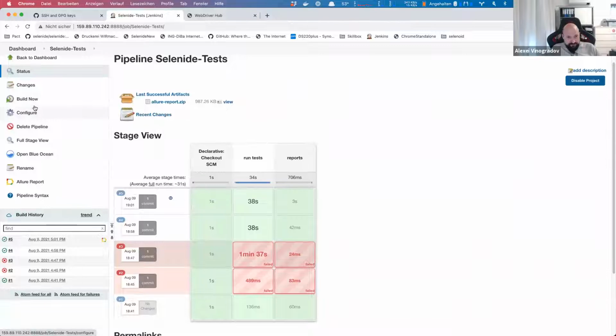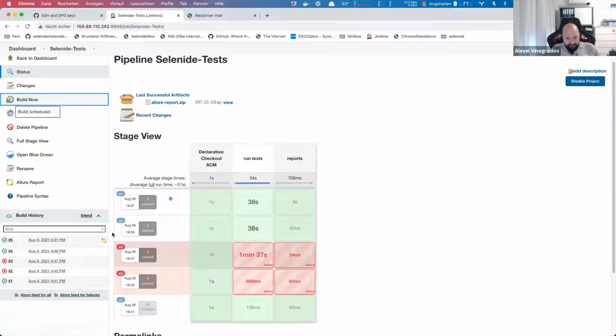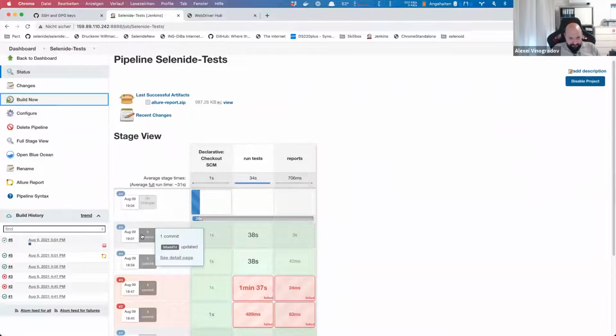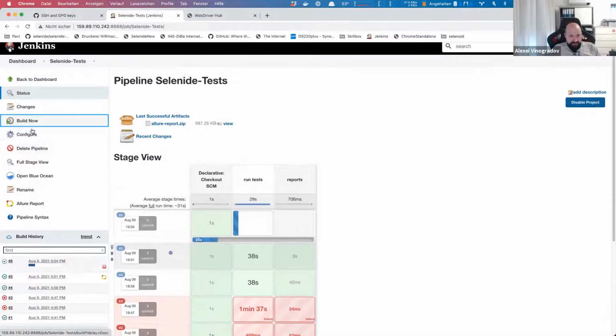And actually, it's already something that we can use. Typical usage is of course now we can just start the job by clicking on build now, but in your practice